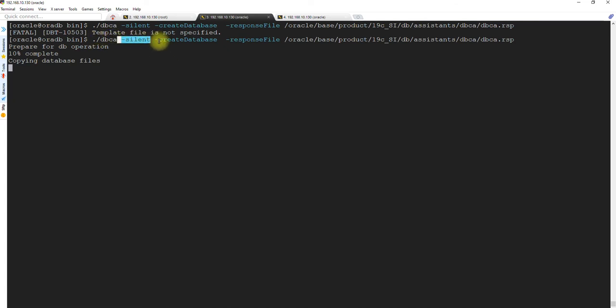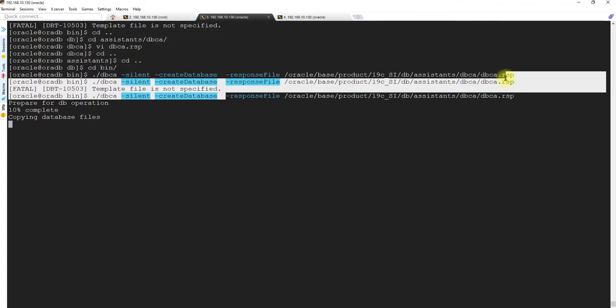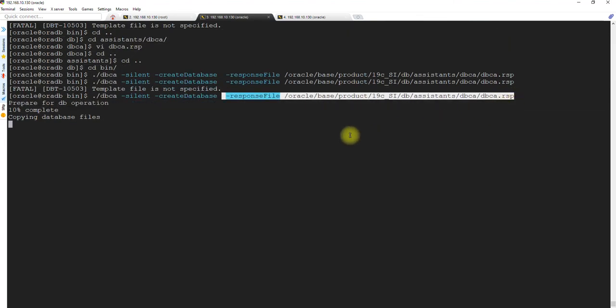Okay, silent installation, create database parameter. Okay, and the response file is used here, and we saw all the values as well. Now it's performing all the installation. This is a single database installation. This is not a multi-tenant environment. Okay, so it will perform all the activities.